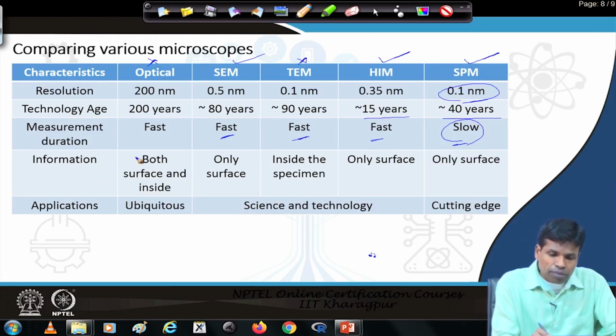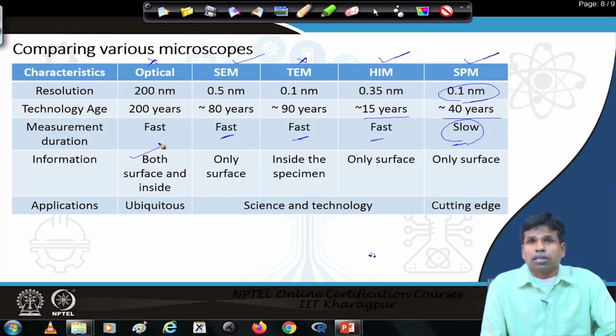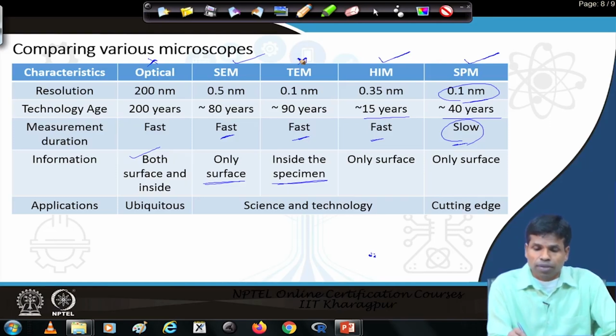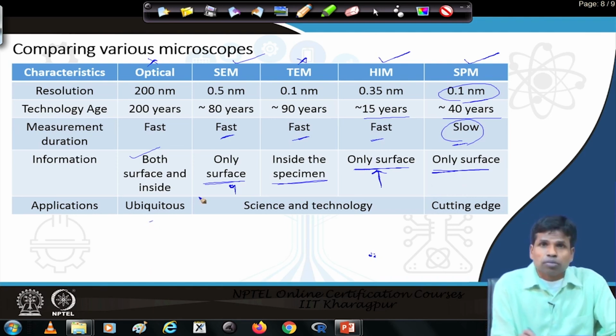As for information, in the optical microscope we can get both surface and inside information of the material. SEM gives only the surface, that is why a 3-dimensional image. TEM does not give a 3-dimensional image, it gives information inside the specimen, because the electron beam transmits through the sample, giving the inside information, not the surface information. The helium ion microscope is again a scanning microscope, that is why it gives only the surface, a 3-dimensional image. And SPM, similarly, as we are scanning on the surface, gives only the surface information, a 3-dimensional image, not the inside information. Application, the optical microscope is used everywhere,